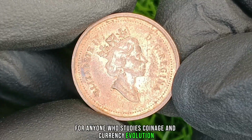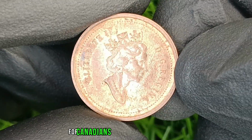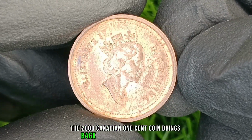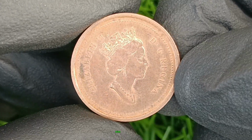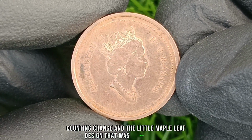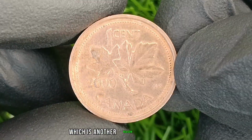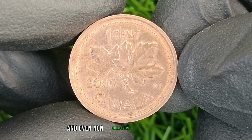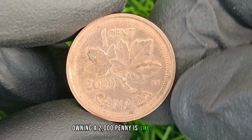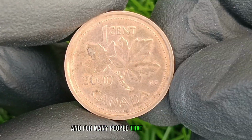currency evolution. Think about the cultural and nostalgic value as well. For Canadians who grew up using pennies, the 2000 Canadian 1-cent coin brings back memories of everyday life. Saving coins, counting change, and the little maple leaf design that was always there. This nostalgia adds emotional value, which is another reason why collectors and even non-collectors hold on to coins like this. Owning a 2000 penny is like holding a small reminder of Canada's past, and for many people, that is something